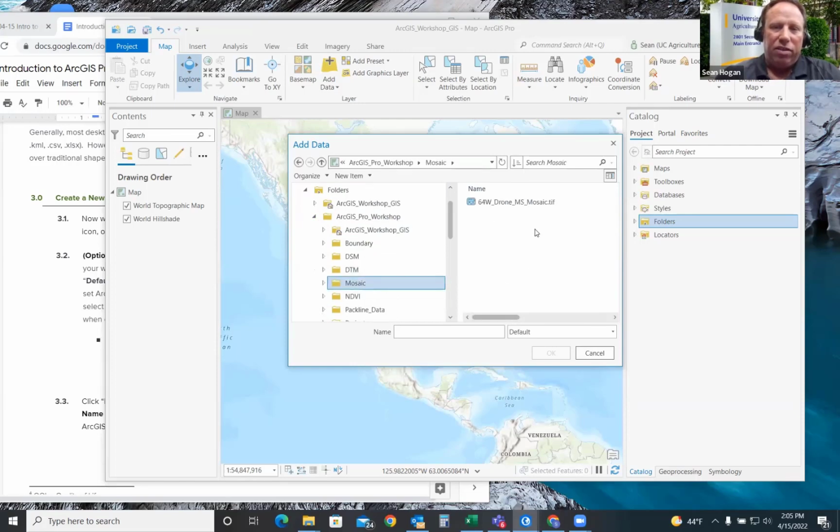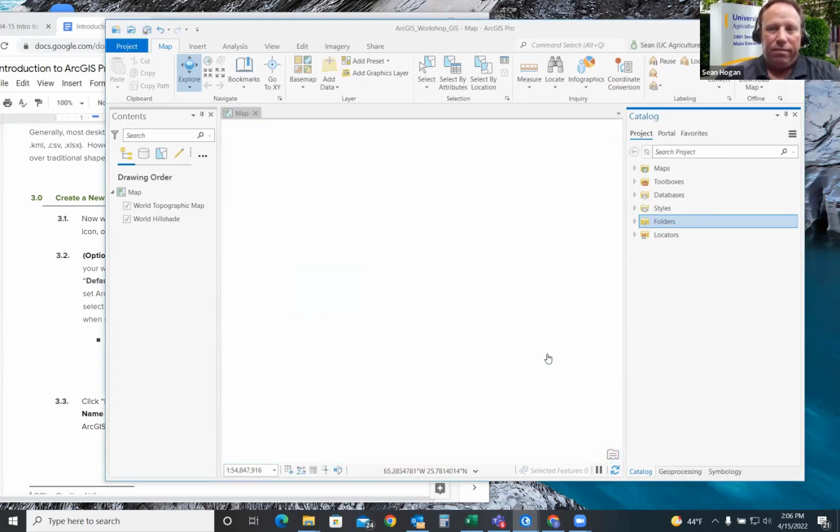On the side, you'll see the Mosaic pop up. One thing is, if you double click that, you will see that it has 5 bands within it. We want to bring them in all at once, so we're not going to go that deep. What we'll do is click on Mosaic again in the window here, then just left click that once, and then click OK.